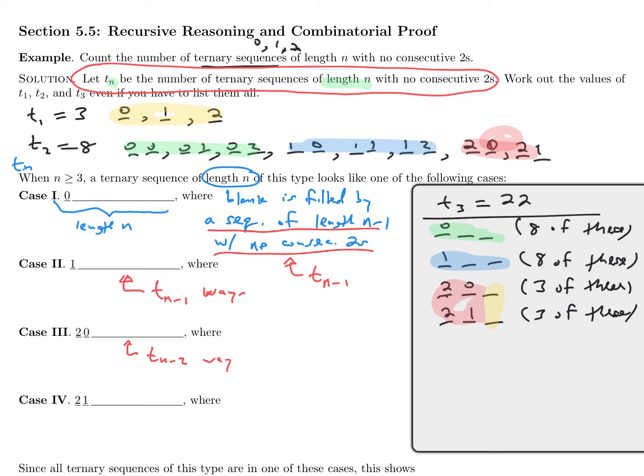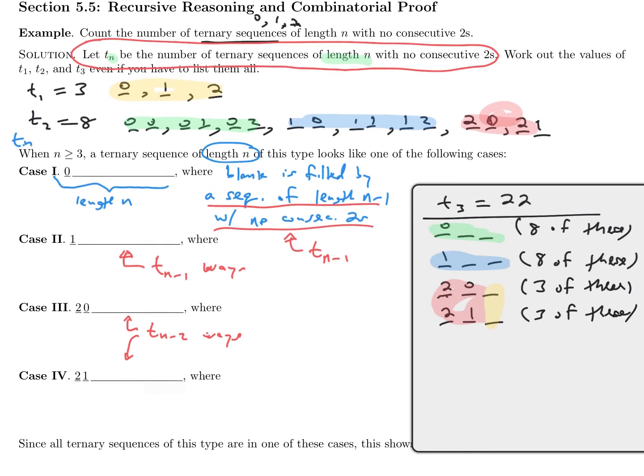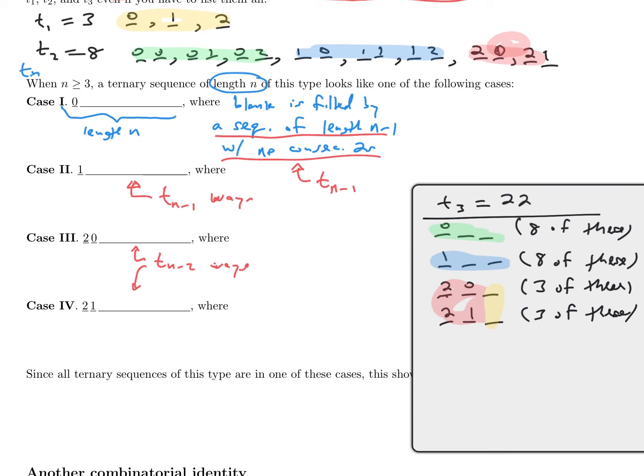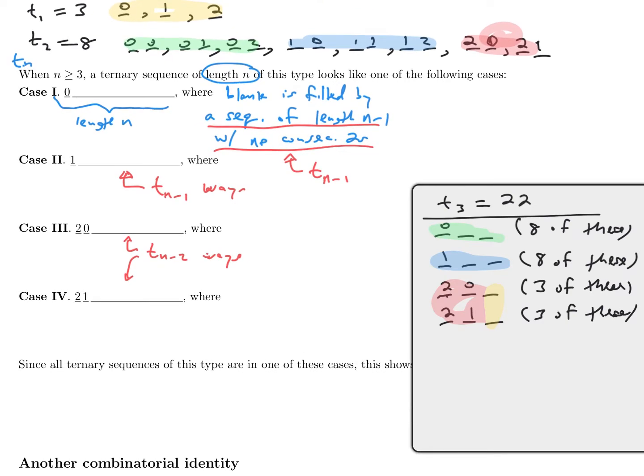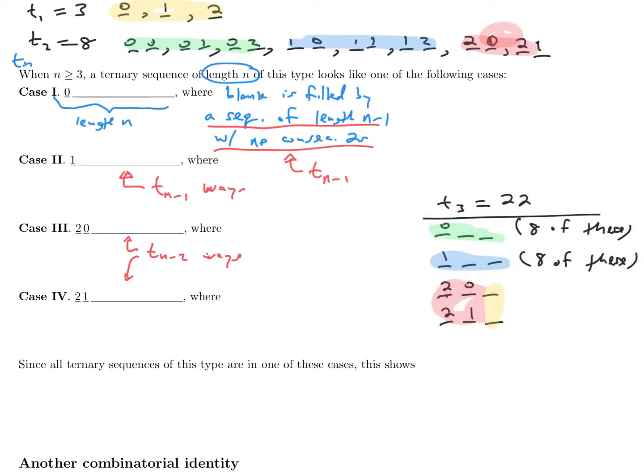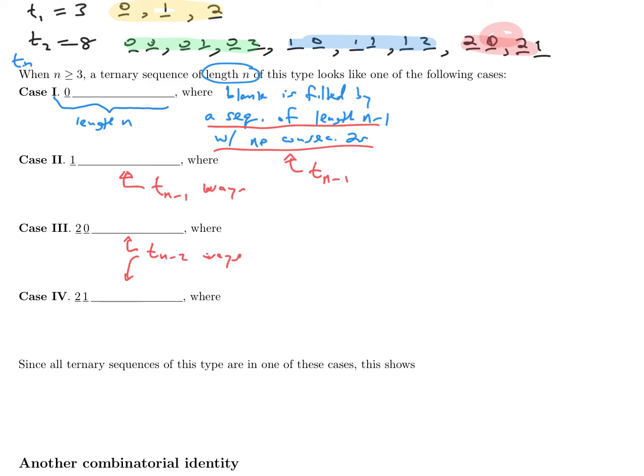T sub n minus 2 ways to fill in that blank, and t sub n minus 2 ways to fill in the blank below. And so the 4 cases, if I add those together, and I'll go ahead and get rid of this slowly and in small pieces. Then what I've shown is that when I'm trying to count the ternary sequences of length n, that's t sub